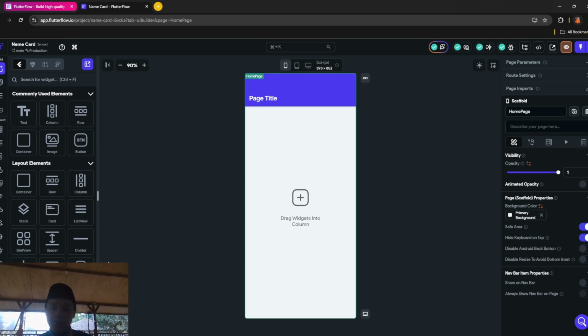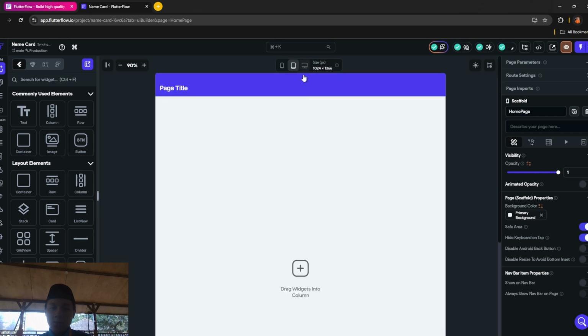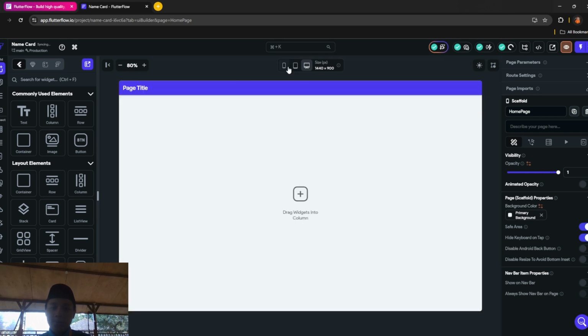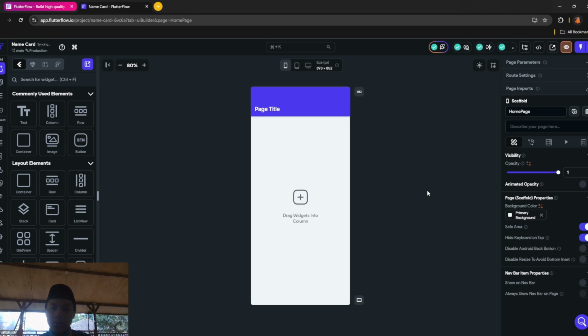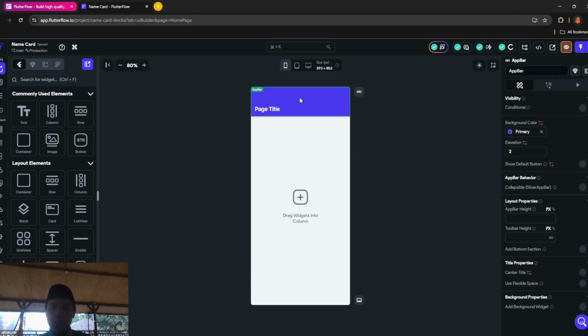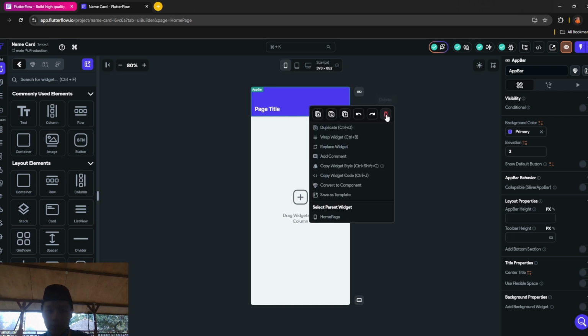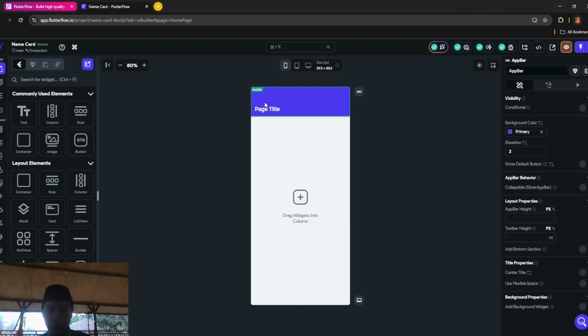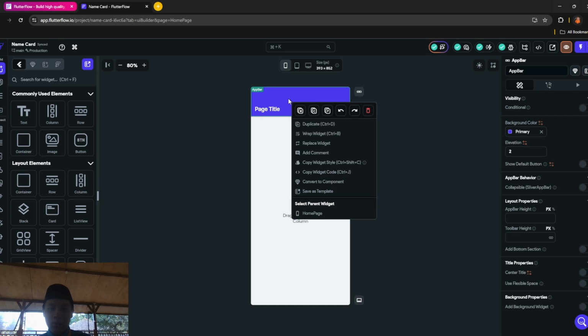So in here, this is the main screen. Let's just hurry up making it. So first, remove the app bar: right click and click delete.